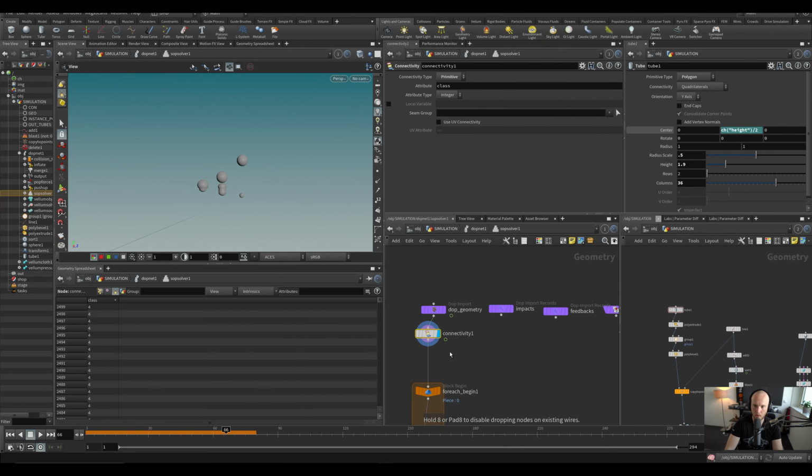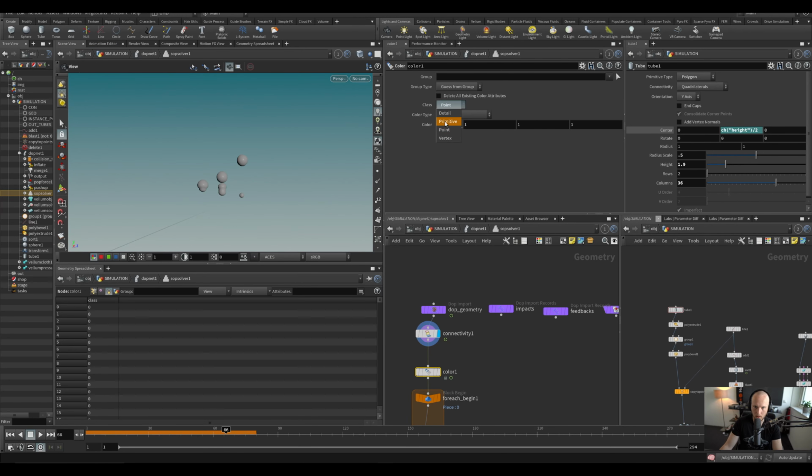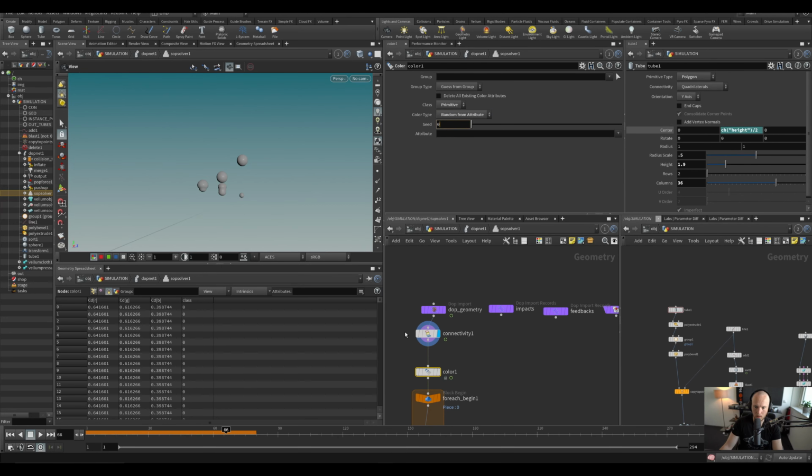If we do color, let me just double check, maybe it's actually fine, with random from attribute, and that's the class. Here it does seem not to cause issues, because it is adding them one after another. But maybe, to be sure that nothing strange will happen, because this might actually be fine,